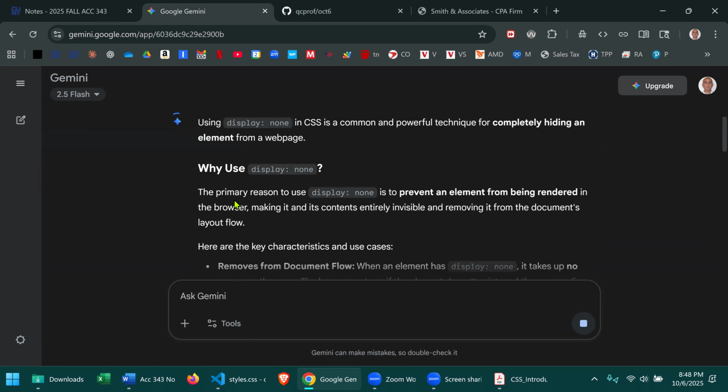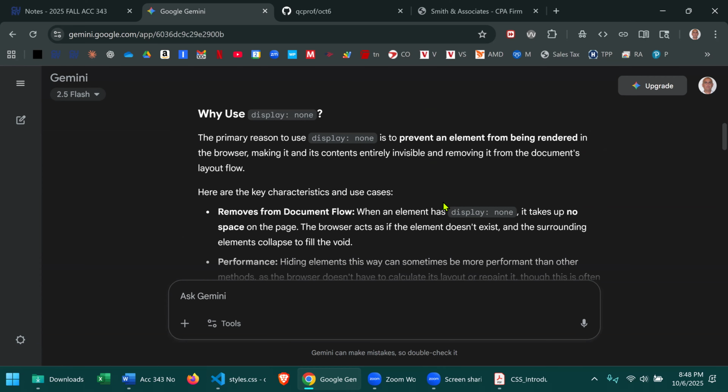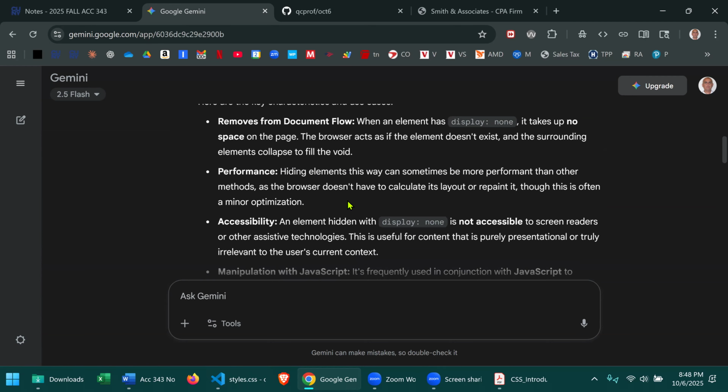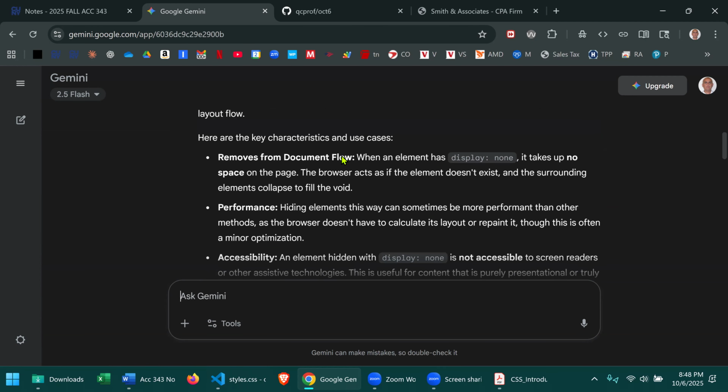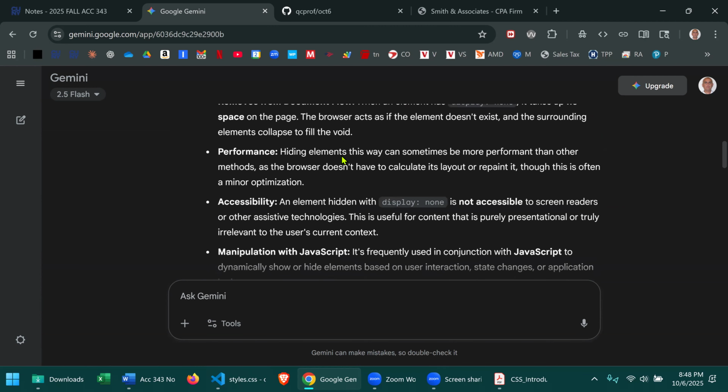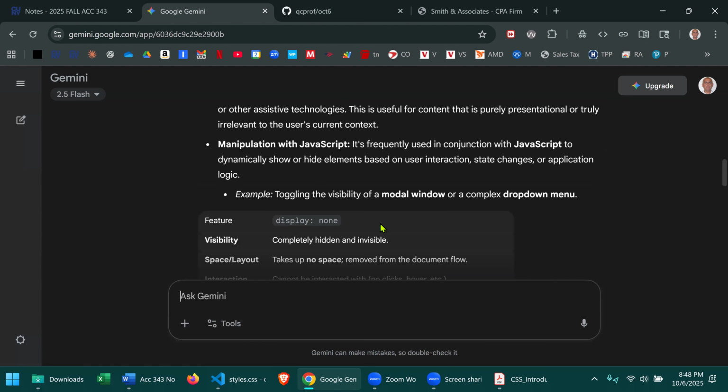The primary reason to use display none is to prevent an element from being rendered, which is basically saying you want to hide something, you want to make it invisible, you don't want anyone to be able to see it. And then why would you do that? Well, you don't do it just by itself. You use something called JavaScript, which we haven't learned yet, to toggle visibility. You can hide something or unhide something. So a quick example would be that